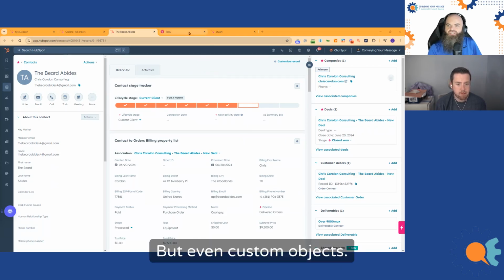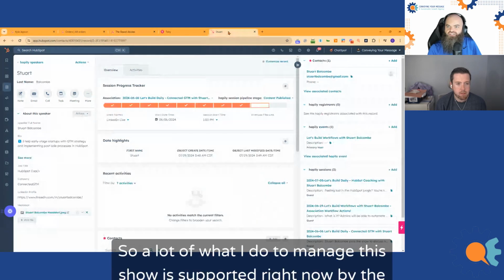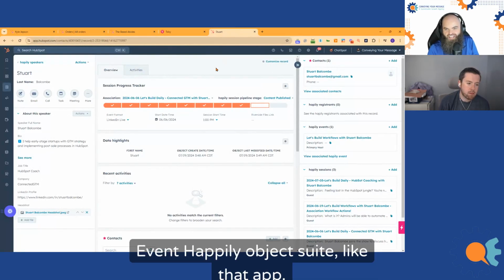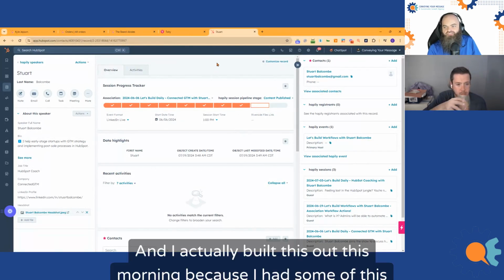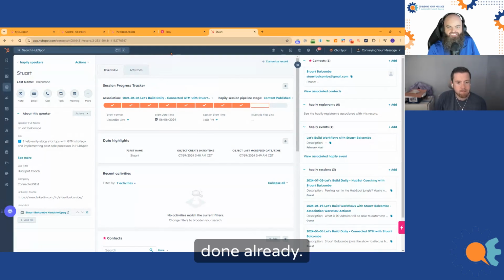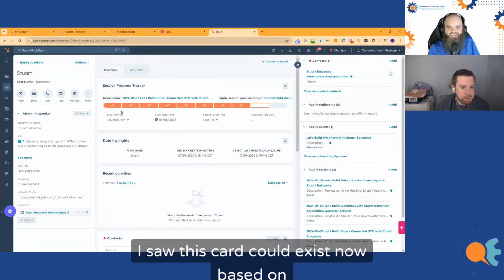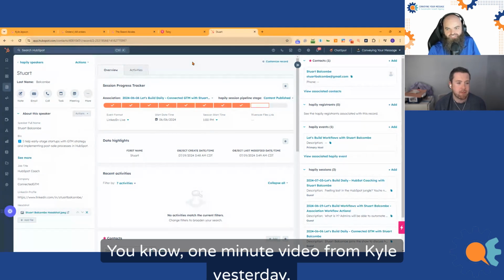But even custom objects. A lot of what I do to manage this show is supported right now by the Event Happily object suite, that app. And this is an example I actually built out this morning because I had some of this done already. I saw this card could exist now based on a 1-minute video from Kyle yesterday.